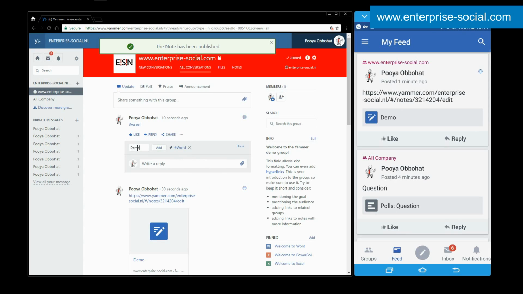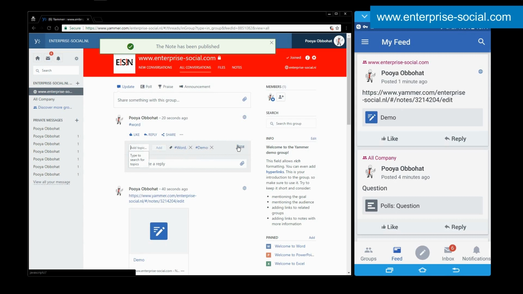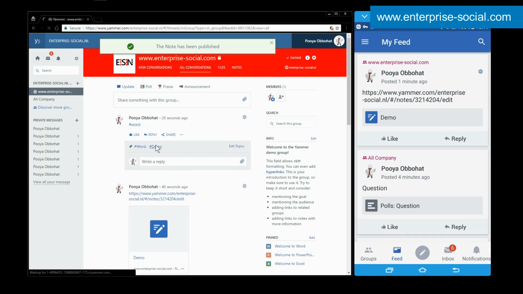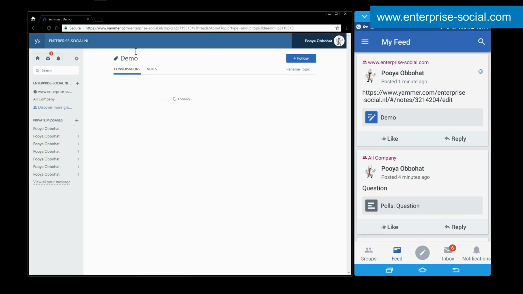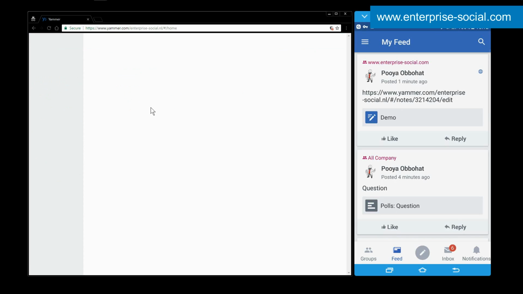Manually adding topics is anonymous. Everyone can add, remove, and edit topics. Clicking on a topic brings you to a dedicated page showing all the content with that specific topic attached. You can follow this feed by clicking on Follow. Conversations with that topic will then show up in the following feed on the homepage and the feed on the